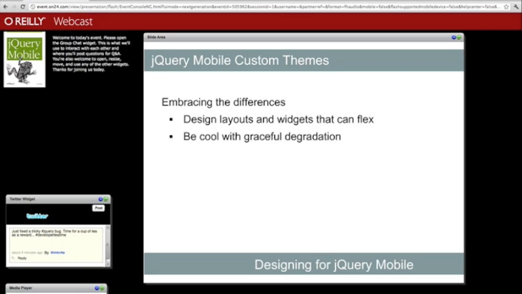So if it's in landscape or portrait mode, you can have different CSS in either of those situations, so do bear that in mind. And then I also encourage designers to be okay with the concept of graceful degradation. So if some of your target devices have older browsers on them and they don't necessarily handle some things correctly, like background gradients or drop shadows, be okay with the idea that some users are going to get a different visual experience than others. That's an okay thing, and not everybody has to see exactly the same thing. It can be okay to do that, and that's a really important and key thing, I think,